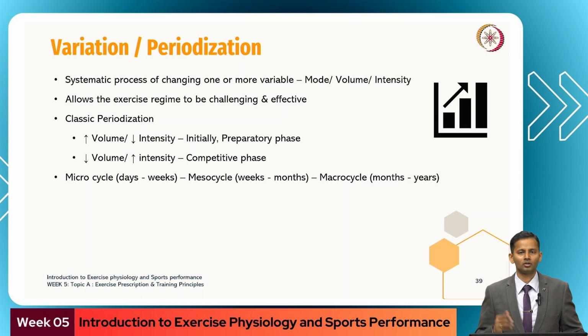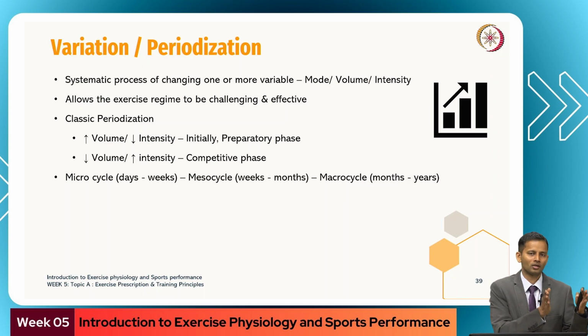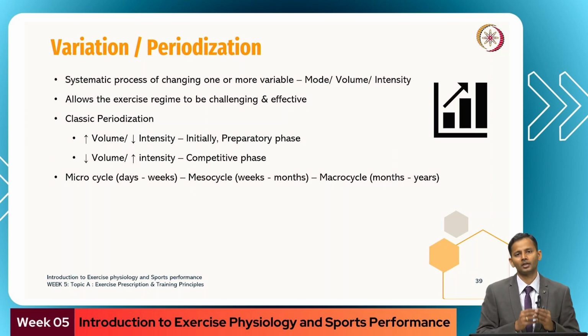competitive phase. So you divide the entire cycle into what's called a macro cycle. Generally in the Olympics, 4 years is a macro cycle, and you divide them into different competitions, which will be your mesocycles, and how you train to compete in that particular competition, you can divide into different microcycles. So it's a kind of longitudinal plan that you make for a major goal, and then you divide it into multiple milestones, and then accordingly you systematically vary the training program. The concept of periodization, I believe, would be discussed in detail in other modules of load training and strength and